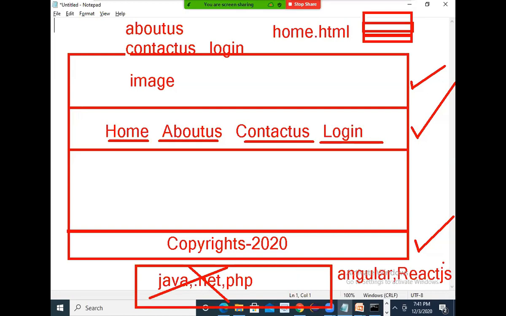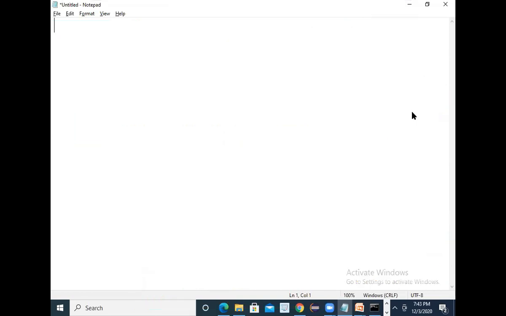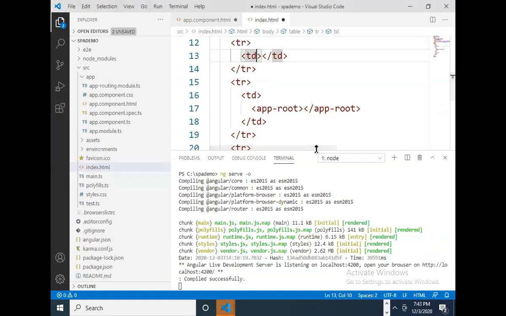The main advantage is this: a multi-page application is a collection of web pages. In multiple web pages, repeatedly writing the same designing code will increase the number of lines of code. So what Angular is telling the developer is that the common designing code belonging to your application, you can create in a single page, and the different HTML codes you can create in separate HTML files. That flexibility is given by Angular and React.js. Okay, so that I already told you.